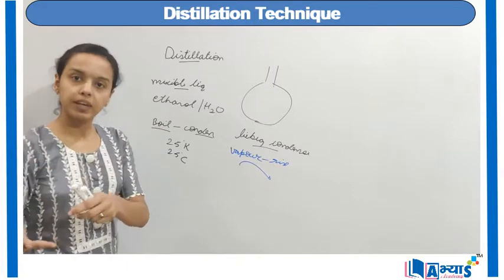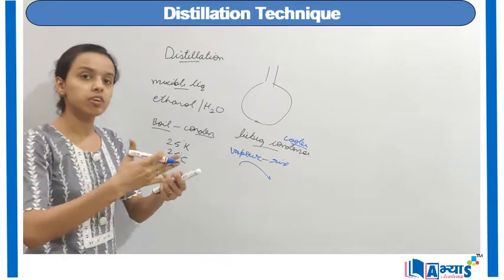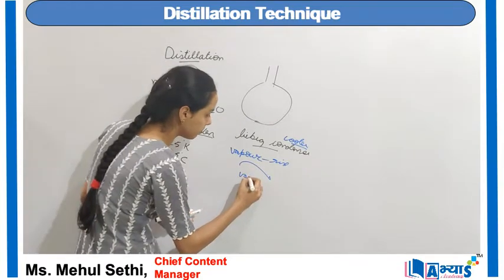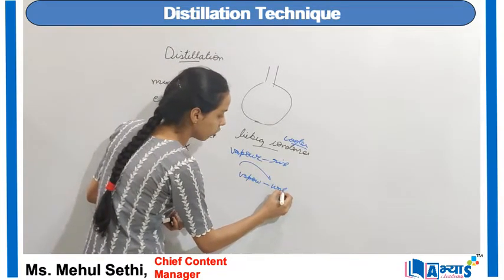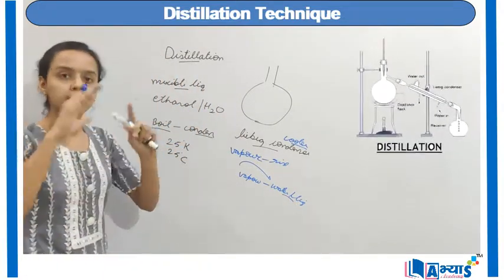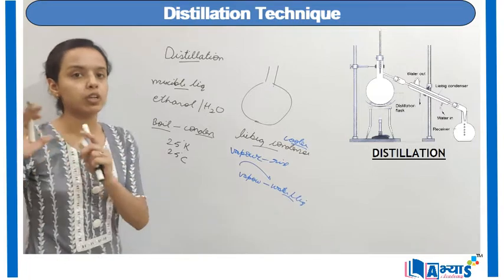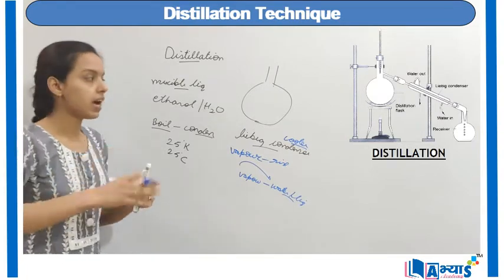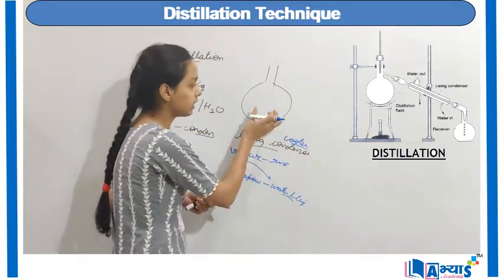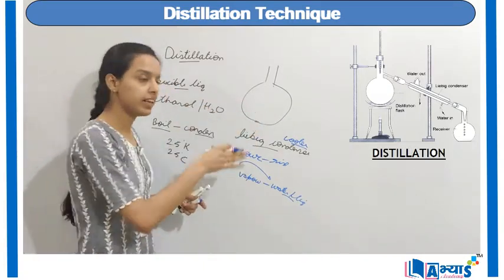As they go into the Liebig condenser, which is the cooler component, the vapors will be cooled. Now the vapors are being cooled, they will convert back from the vapor state to the liquid state. As they come into the liquid state, drop by drop they will come into another beaker known as the receiver. After a few minutes, we will have the distilled water in the receiver, and the insoluble solid, the leftover component, will remain in the distillation flask.